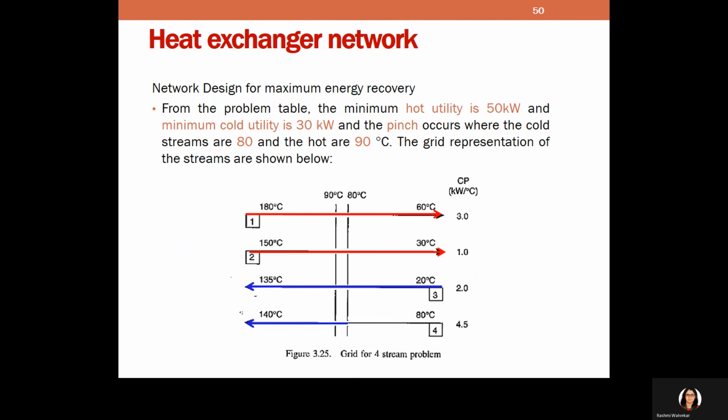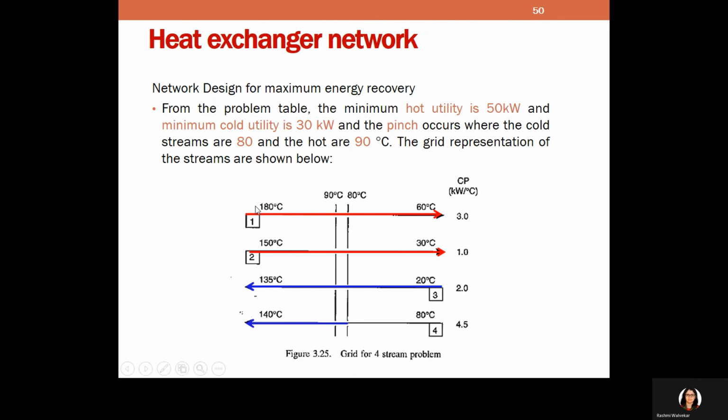So now how to draw the heat exchanger network to see maximum energy recovery. We are now taking the actual temperatures, not the shifted temperatures. These temperatures are directly from your table. We shift the temperature plus 5 minus 5 only until the cascade. Then to the pinch temperature, we add back the temperature that we minus and plus. We adjusted it back to our own temperatures.